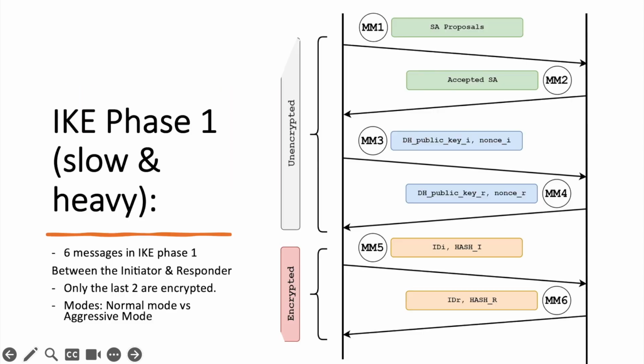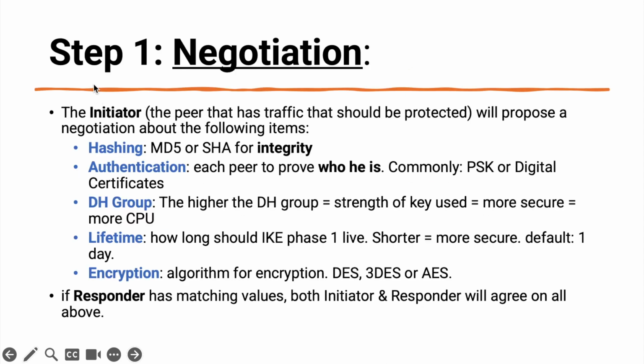I've broken this down into 3 stages just to make it easier. So 6 messages, broken down into 3 steps. Step 1, negotiation. The initiator will propose a negotiation about the following items. For hashing, these things in blue, he will say, I'd like to use MD5. For authentication, I'd like to use a pre-shared key. You can use a pre-shared key or a digital certificate. Now, obviously the digital certificate is going to be more secure, but for the example, let's say he sets the pre-shared key as